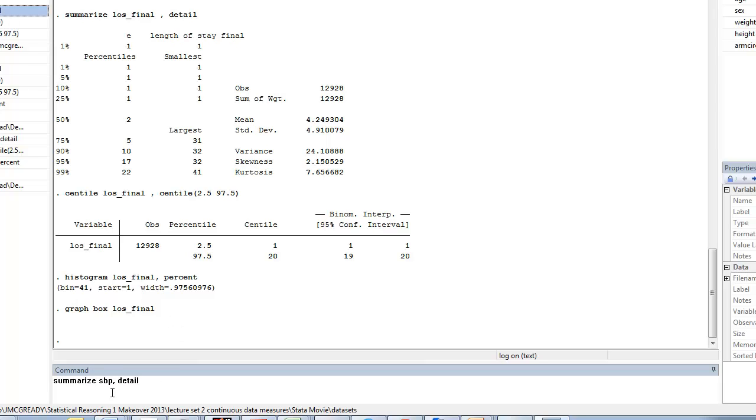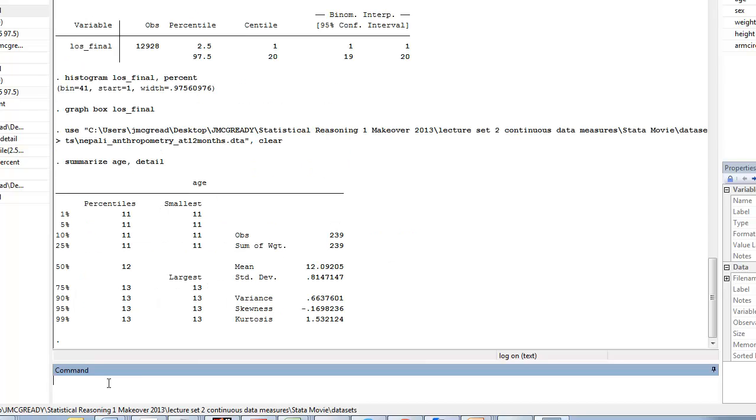So I could do the same sort of analysis for the weights of these children. I could summarize the weights. One thing I want to show you though before I do that, I'm going to summarize age and just explain something to you. And then in the next movie I'll actually show you how I did this from a larger data set that included multiple ages. But I had subset, this is a subset of a larger data set that includes ages from birth to 5 years. What I did was I actually chose it such that children, in order to